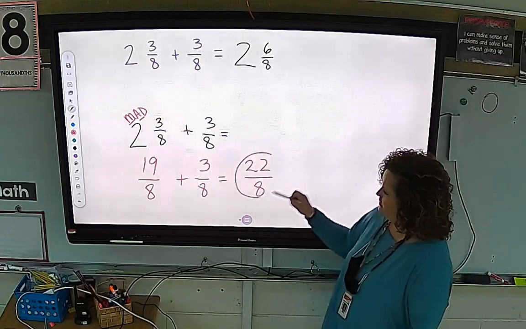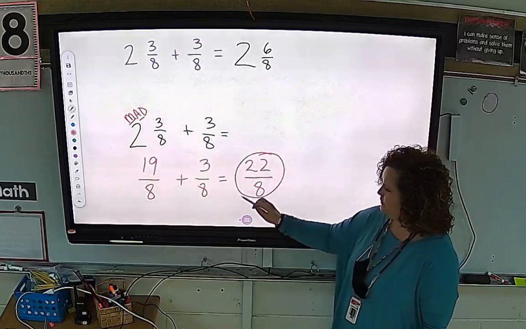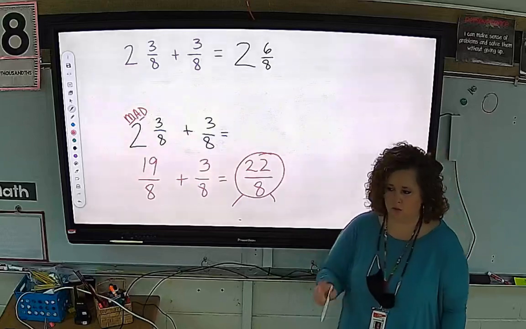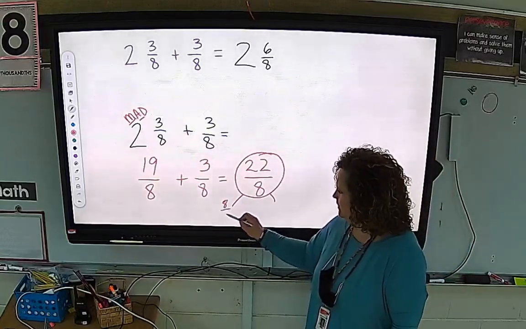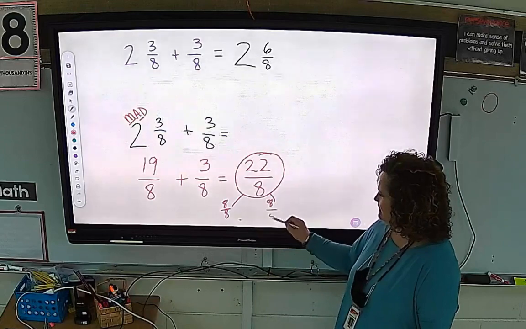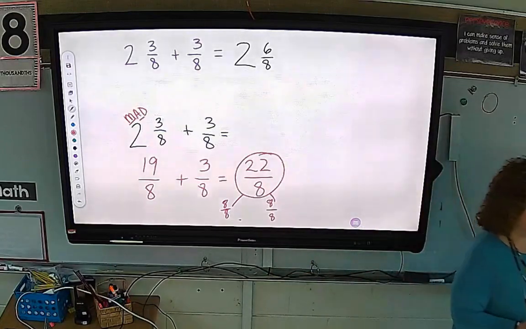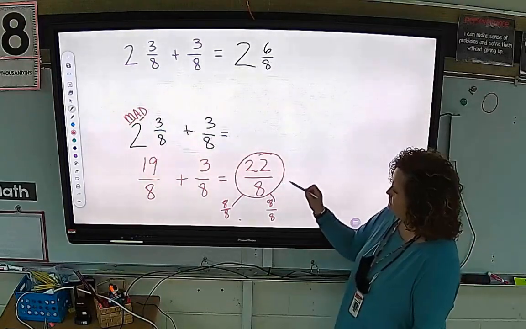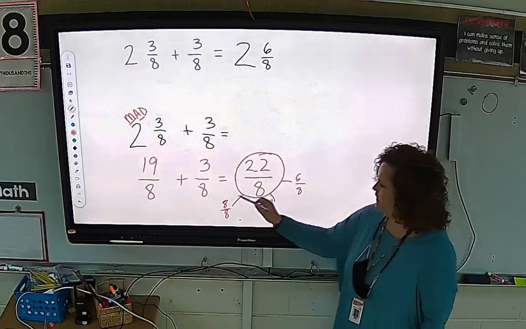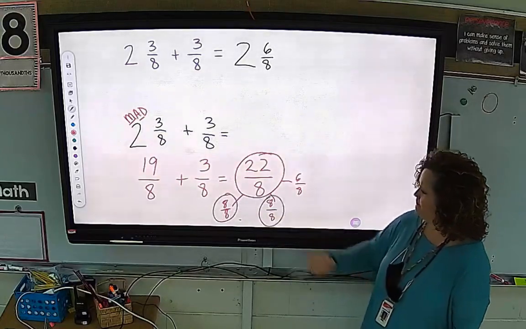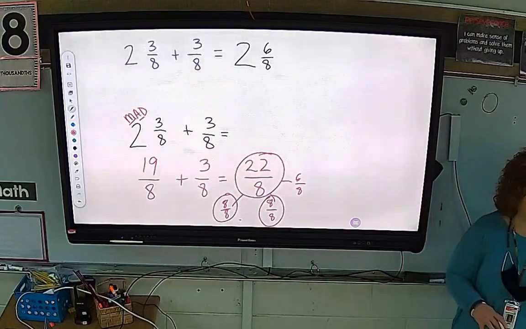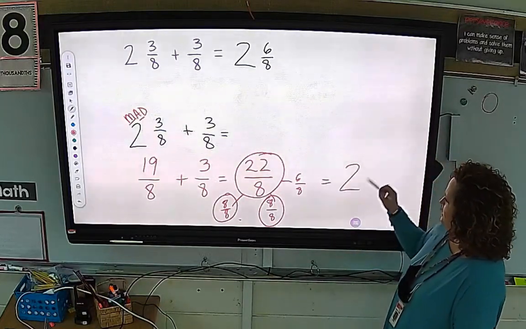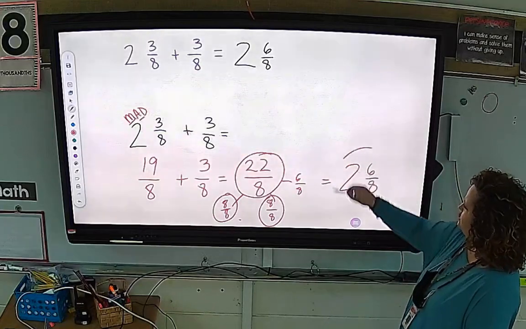That's with the number bond. How many times can we pull out 8/8? Twice, I heard. Okay. That gives us 16 of those 8s. How many would be left if we pulled 16 away from 22? Yeah. Okay. So our whole number just became 2, or our mixed number, 2 and 6/8, which